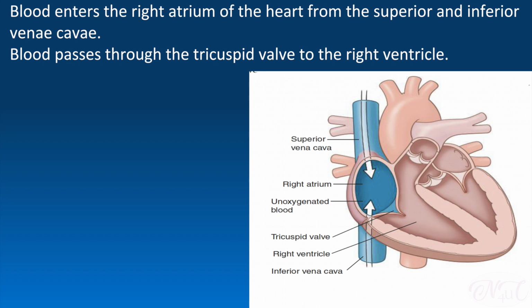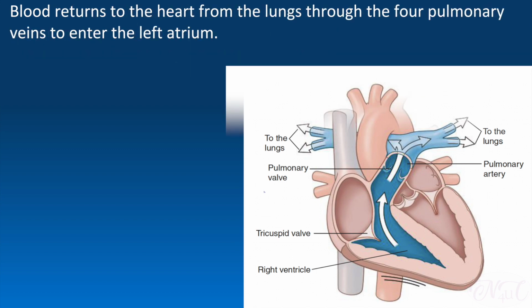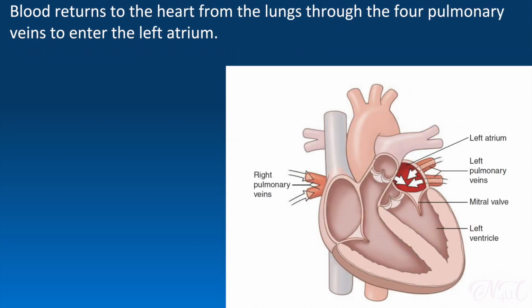Then blood passes through the tricuspid valve to the right ventricle. Blood is forced through the pulmonary valve to the pulmonary trunk. Blood then travels through the pulmonary trunk to the pulmonary arteries, then to the lungs where carbon dioxide is unloaded and oxygen is loaded. Blood then returns to the heart from the lungs through the 4 pulmonary veins to enter